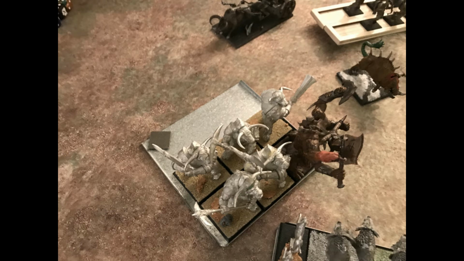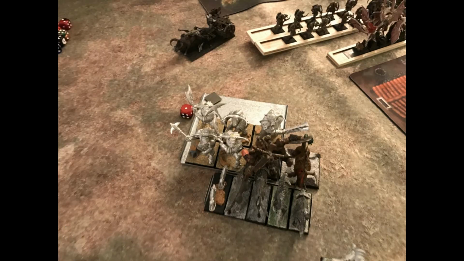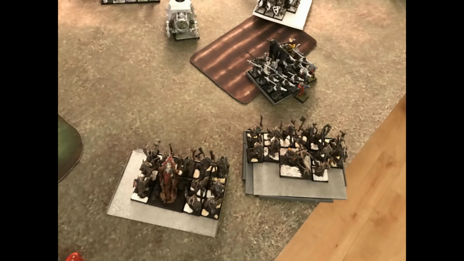And I think I tried to cast a spell over here. Actually, that's just some shooting that I did. Kill another Minotaur. He charges the Riders with his Minotaurs and with his Razor Tusk. And then both his Ambushers come on turn 2, which is actually kind of rough because